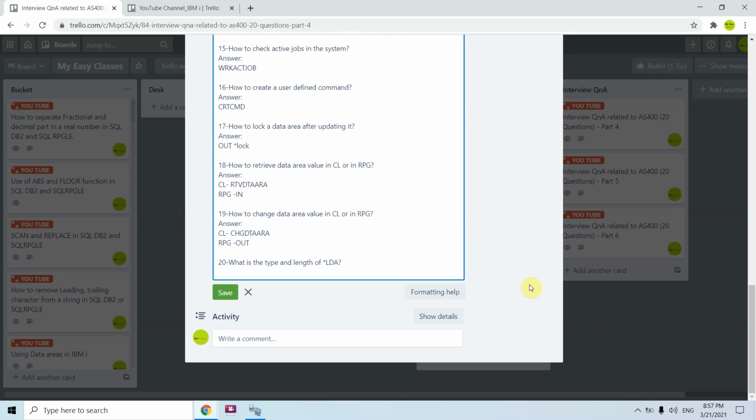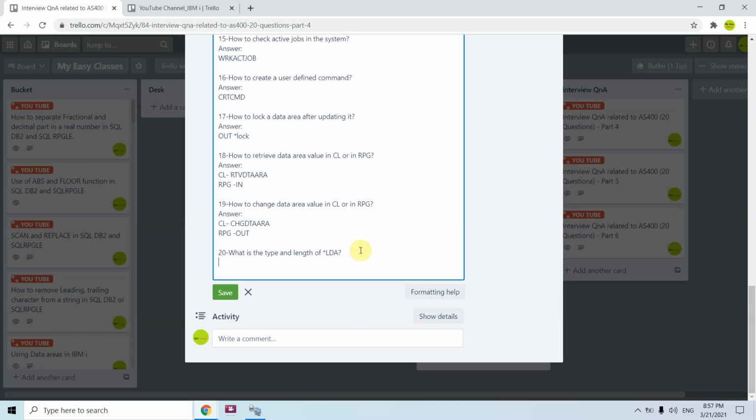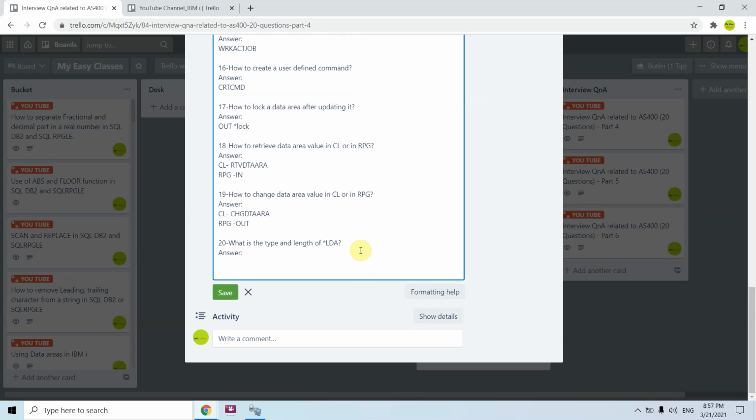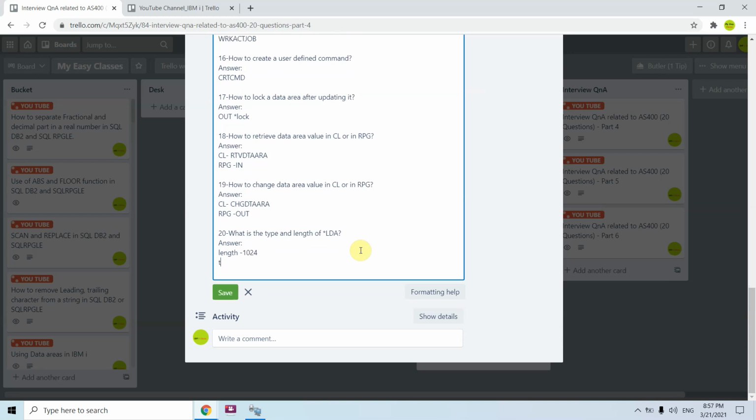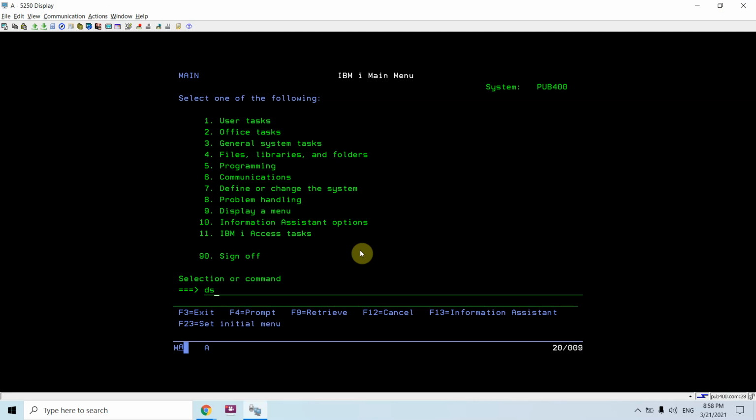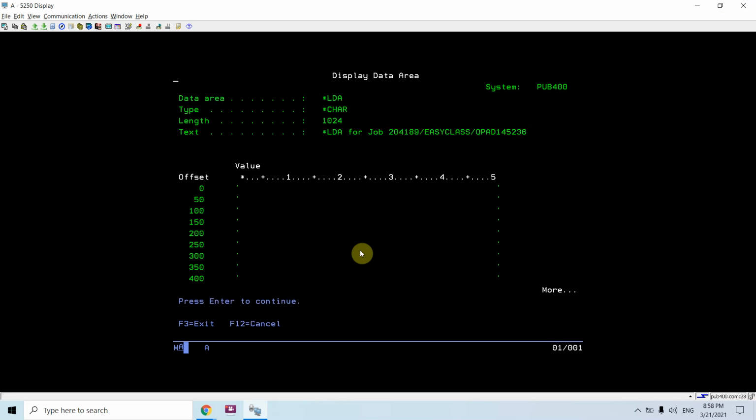What is the type and length of *LDA? First, what is *LDA? *LDA is the local data area of your job, and its length is 1024 and its type is *CHAR, meaning character. Let me show you. DSPDTAARA *LDA.